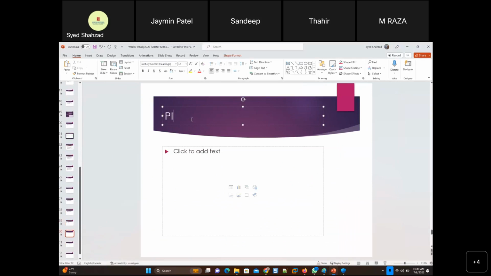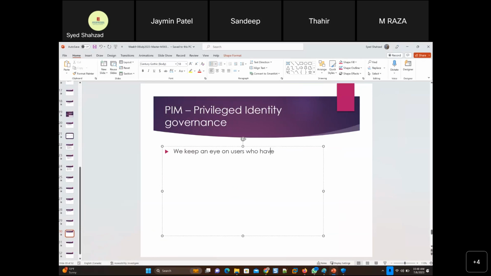So PIM is Privileged Identity Management, and then we keep an eye on users who have been assigned admin powers, right?